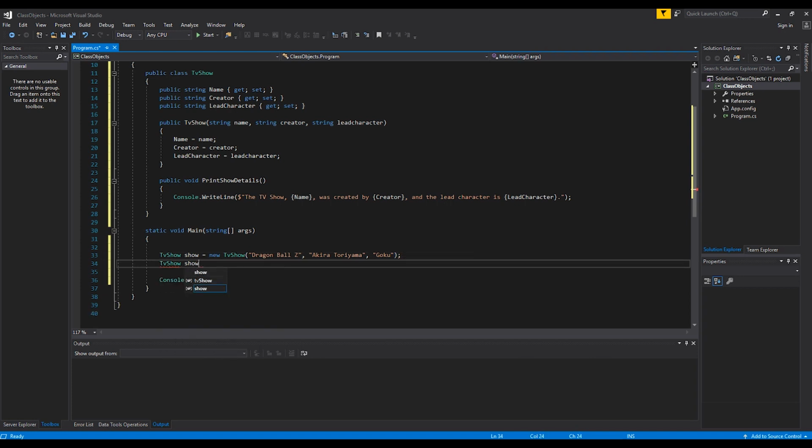Now I'm gonna initialize another object. I'm gonna call it show2 equals new TV show, the Chappelle Show, the creator Dave Chappelle, and the lead character will be